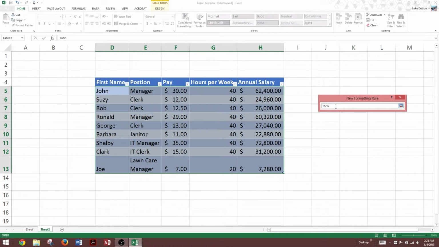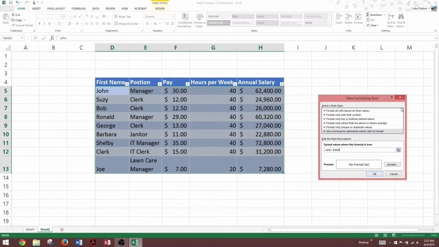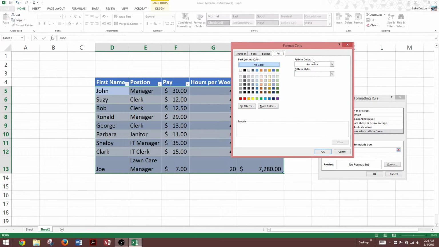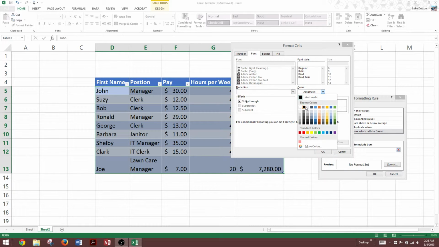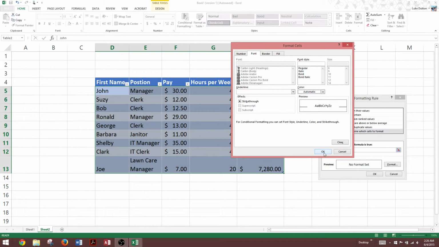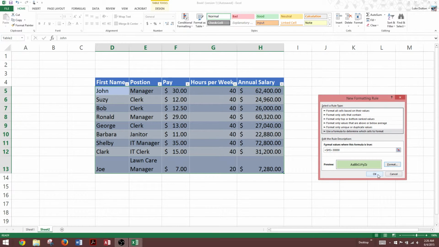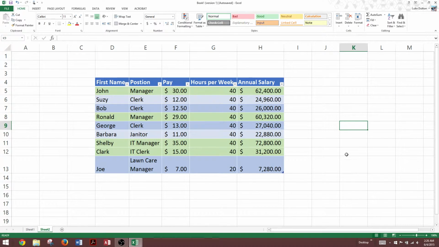Now that we have that, greater than 30,000. You want to just keep that a simple number format. Now you want to format your text and the fill. I like to choose green for money, for large amounts of money. You can also choose the color of your font. We're going to leave it automatic or the black, that's still visible within the light green. Press OK, click OK again, and you can see that it's automatically highlighted all of the cells for people that